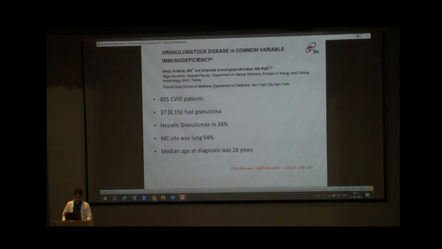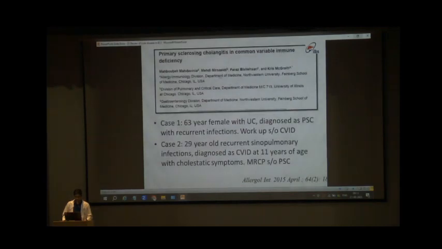Granulomas are rare in patients with CVID. The overall evidence of granuloma in CVID patients is around 8%. The most common site of granuloma formation is the lungs, in around 54% of the patients. The hepatic granuloma can be identified in around 34% of the patients with liver involvement. Primary sclerosing cholangitis is also reported associated with CVID, with underlying ulcerative colitis and in the presence of recurrent